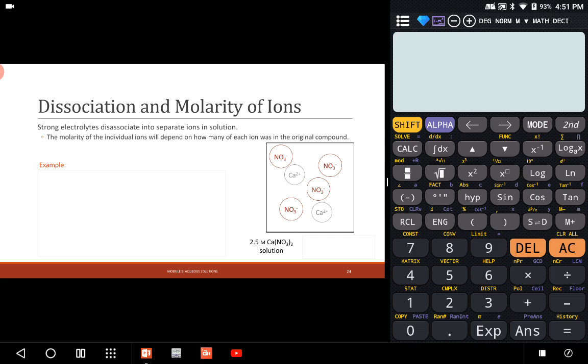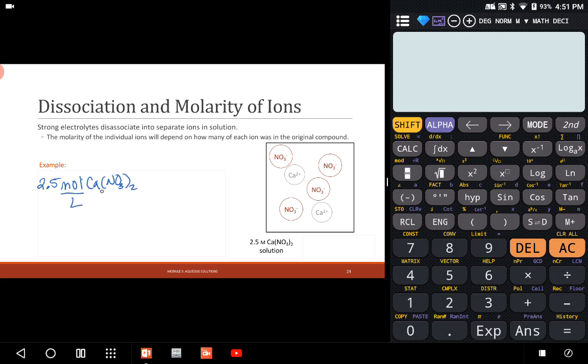So that conceptual checkpoint was to help us with this type of problem. Strong electrolytes dissociate into separate ions in solution. So the molarity of individual ions will depend on how many of each ion there was in the original compound. So for instance, let's say that this was a 2.5 molar calcium nitrate solution. If we were going to figure out the ratio of the individual ions, then we can take our moles per, we'll just do moles of calcium nitrate,